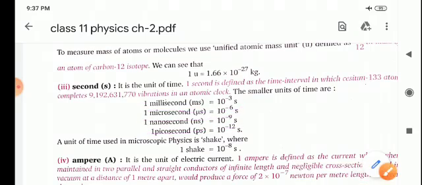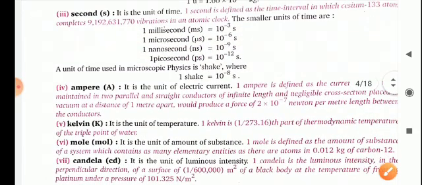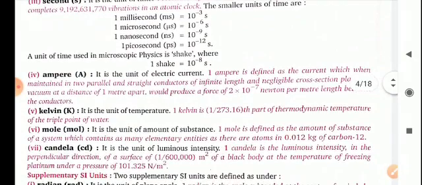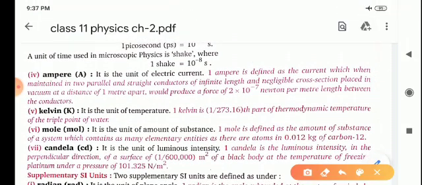Fourth point is ampere. It is the unit of electric current. Electric current is defined as the rate of flow of charge, measured in amperes. 1 ampere is defined as the current which, when maintained in two parallel straight conductors of infinite length and negligible cross section, placed in vacuum 1 meter apart,